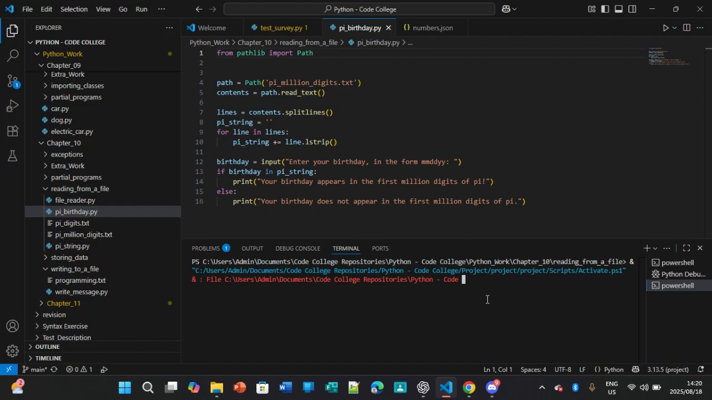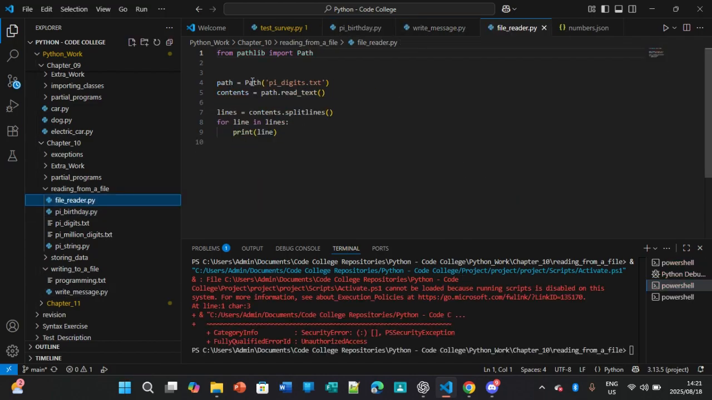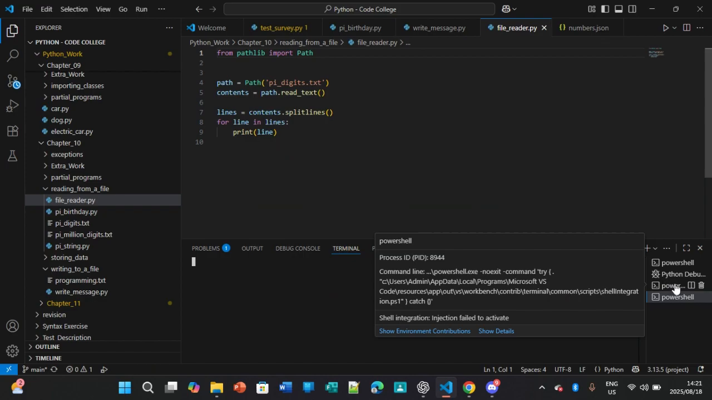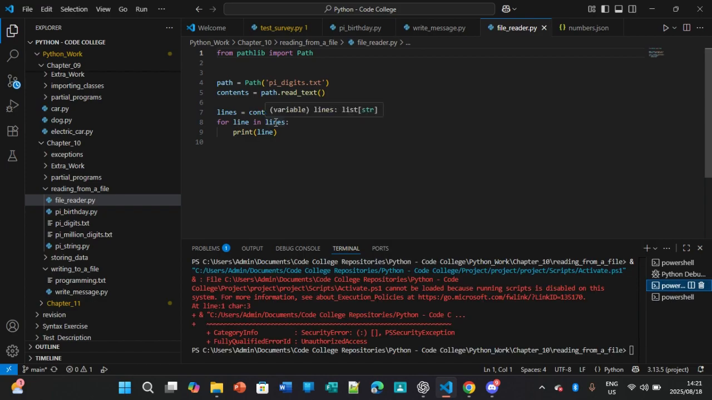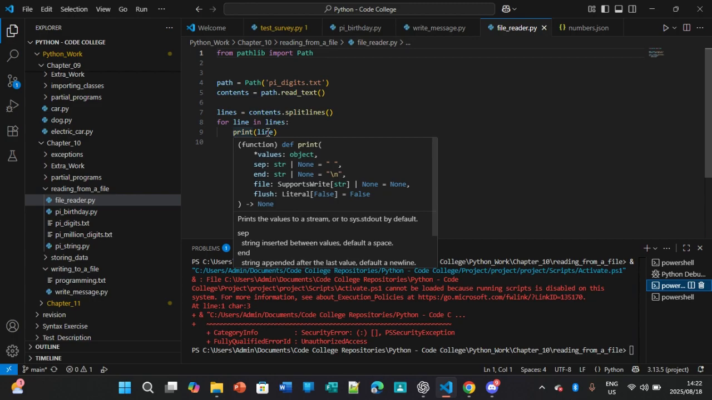Right, so file reader, pi_digits. So from pathlib import Path. So path equals Path, so this variable is going to equal this class with pi_digits.txt. Contents equals path.read_text. Lines equals contents.splitlines. For line in lines, right? Print line. Yeah, I know it sounds generic. So for the variable in the variable, string, I'm going to print line, right? Which is a variable. So for the variable, you're going to print out the variable string,